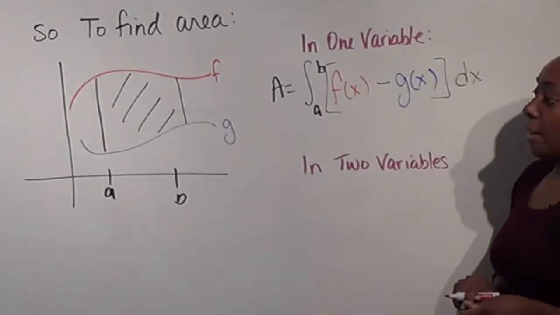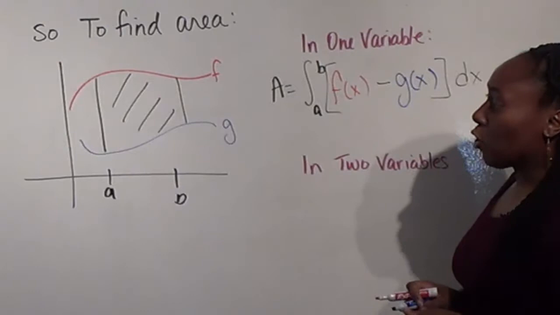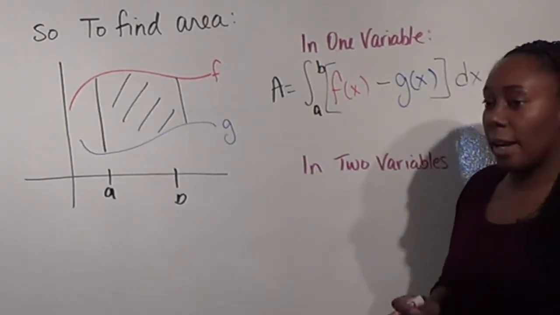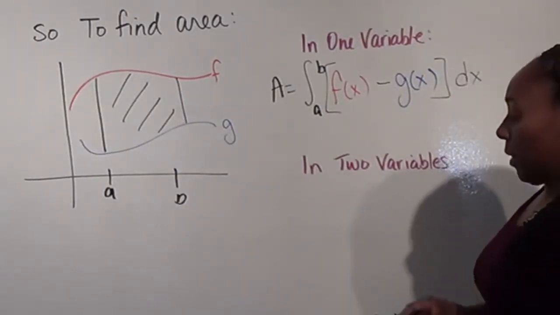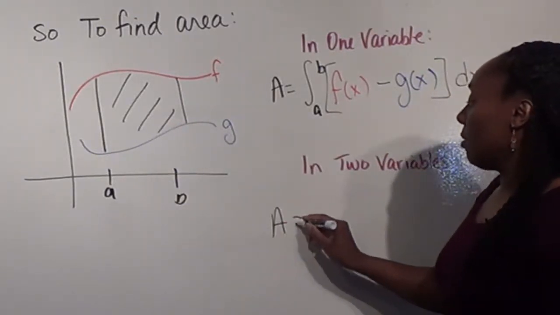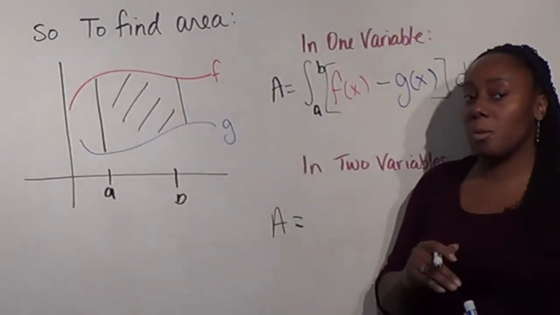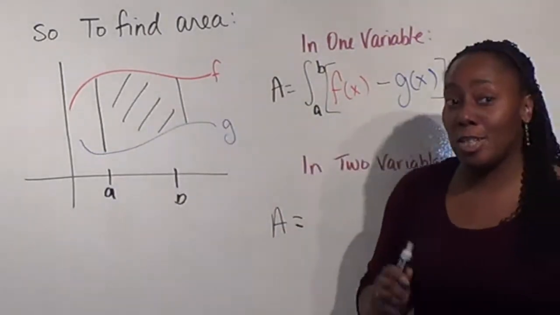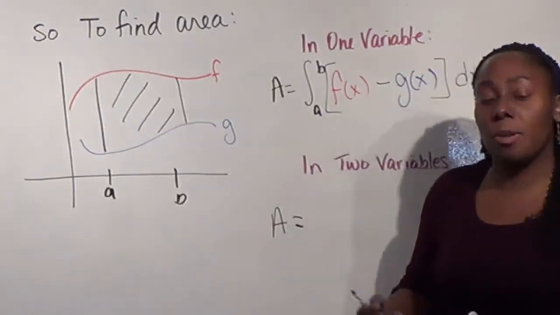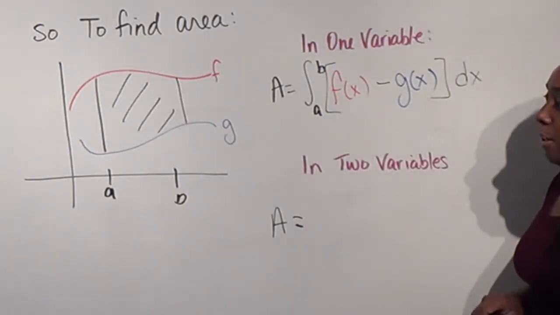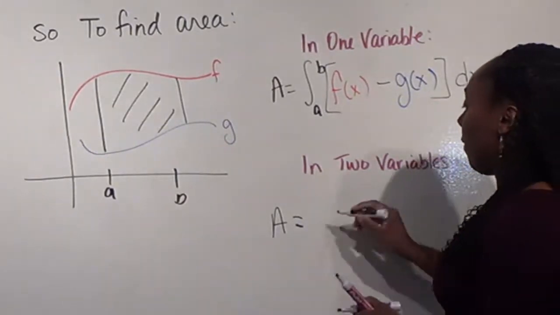Okay, now in two variables, what this is saying is instead of treating these as two separate functions, I can come up with a region that I'm going to integrate over. So in two variables, my area, looking at this exact same picture, notice here I haven't changed my function. Even though I said I'm looking at an x and a y, I really am thinking x and y, it's just I don't have a specific function for those two variables. And so here I'm truly integrating over the region,